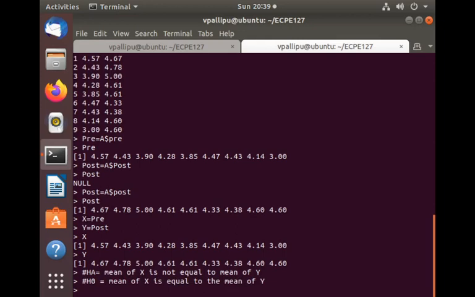Usually you specify H0 first and alternative hypothesis next. Because your alternative hypothesis is not equal, the mean of x can be either greater than mean of y or it can be less than mean of y. Therefore, it's a two-sided test. So I'll perform my two-sided test like this using the t.test function. So t.test x, y. My alternative